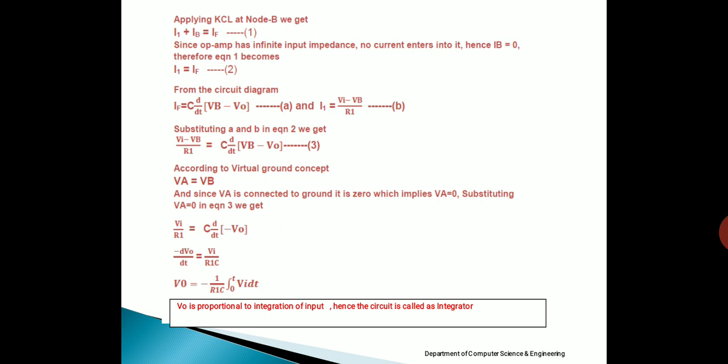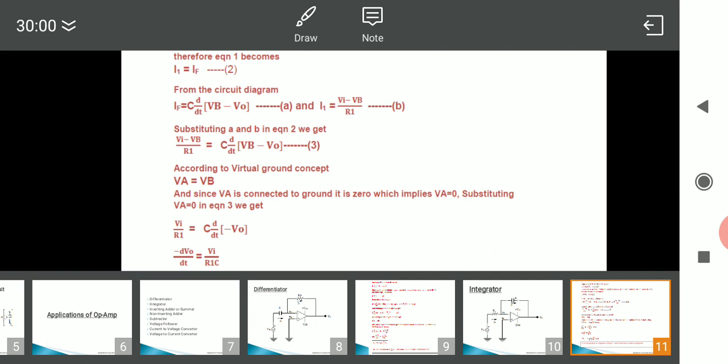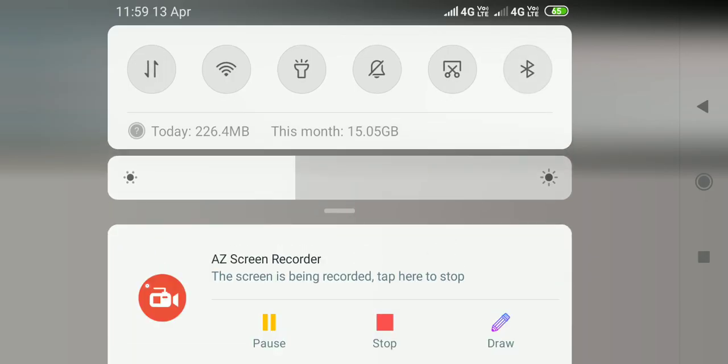If you remember this, very easily you can draw the circuit diagram, and once you draw the circuit diagram, simply by applying KCL and following the procedure, you can arrive at the output equation. For both circuits, you can show that the output is directly proportional to the differentiation of the input in the case of the differentiator, and the output is directly proportional to the integration of the input in the case of the integrator. With this, we'll close the discussion for